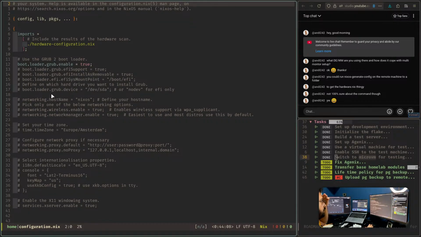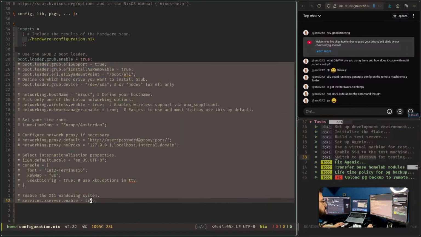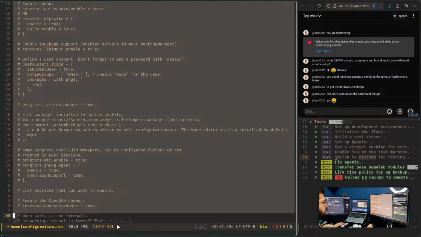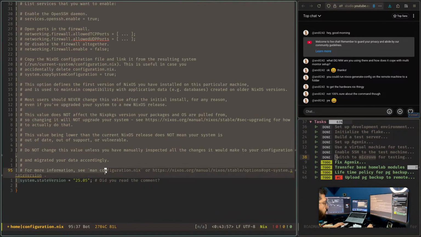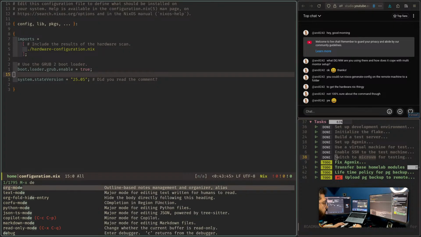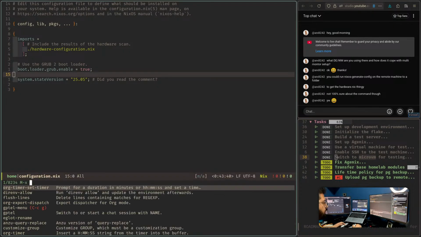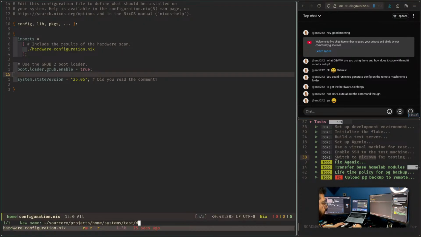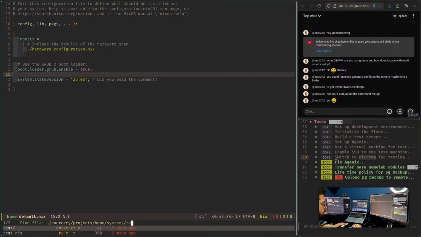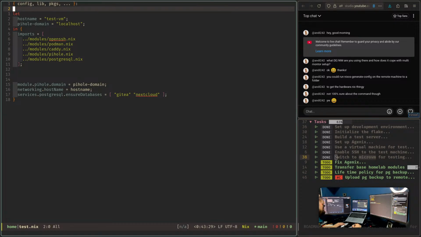There are so many comments. Forget about this. Also these, I'm going to have this configuration later on. It didn't pick up my TCP configs, but that's fine. I'm going to rename this to default.nix, using rename file and buffer, and then inside test.nix, I'm going to